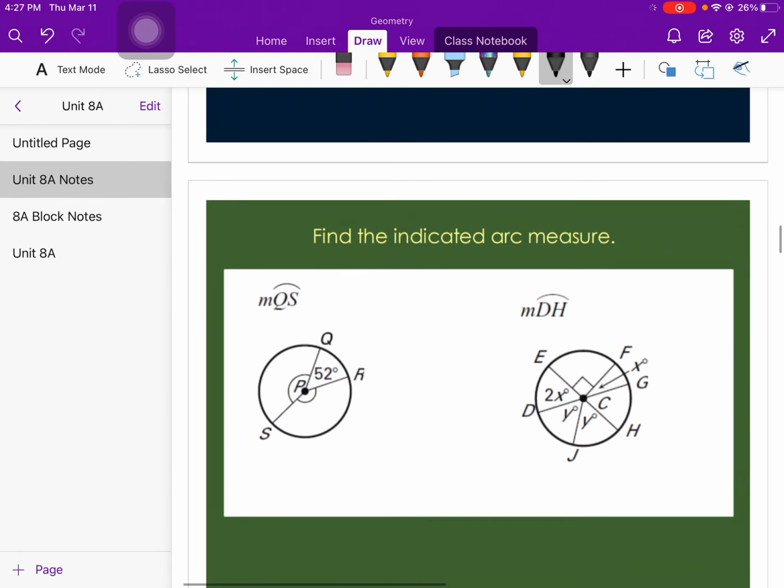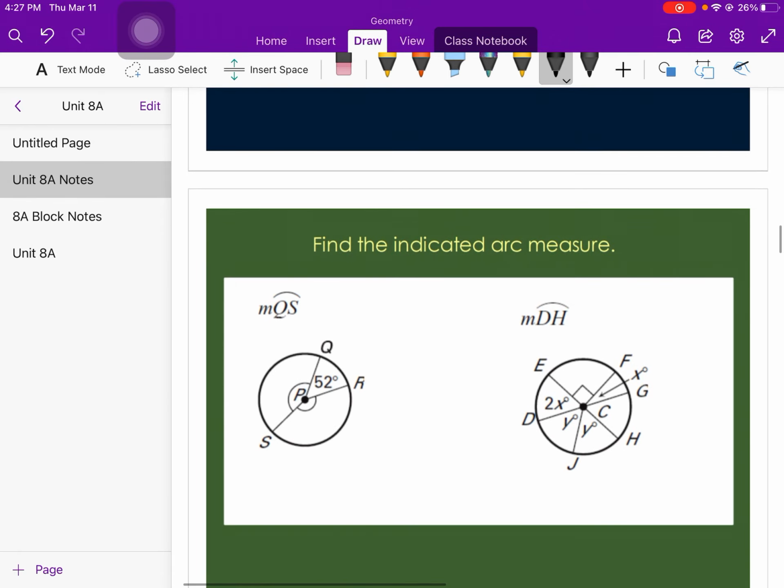All right, the next part, and this is the last slide. Find the indicated arc measure of QS. So QS, we're going the shortest distance possible, which would be this one. We know that we've used up 52, and then we also know that this arc and our QS arc are the same. So if we think of this as 360 and we take away the 52, what we're left with